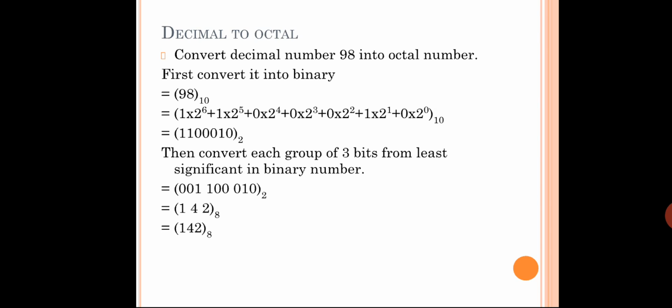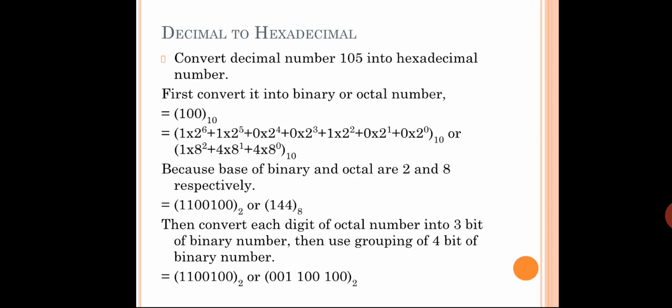What you have done is converted your decimal number to binary. After getting the binary, you have made groups of 3 bits, and you convert those 3 bits to the actual number based on the position value, or you can refer to the table if you want. Understood? So this is how you have done it. Okay, then the next thing is decimal to hexadecimal. Previously you converted decimal to octal. Now here you are converting decimal to hexadecimal.